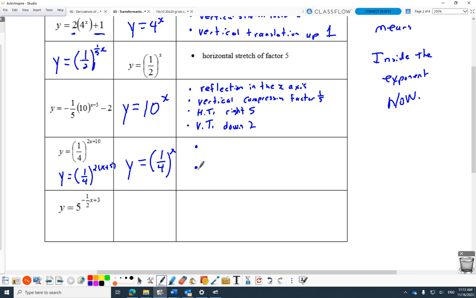Once you've got the base function down, that's done now. The only transformations are here, so it's a horizontal compression by factor 1/2, and it's a horizontal translation